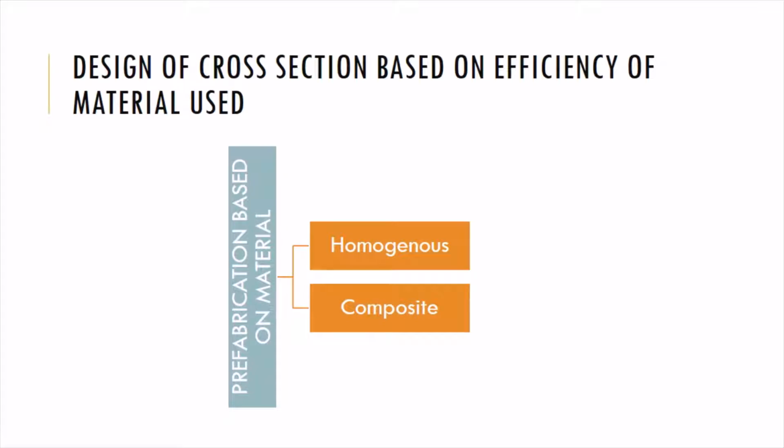First, in this part we need to know what materials are involved. We are not going to study which materials are used in prefabrication; instead, we are going to choose the material based upon their object, which may be in shapes. We can relate the material in terms of shapes. So here we have two types: homogeneous and composite.